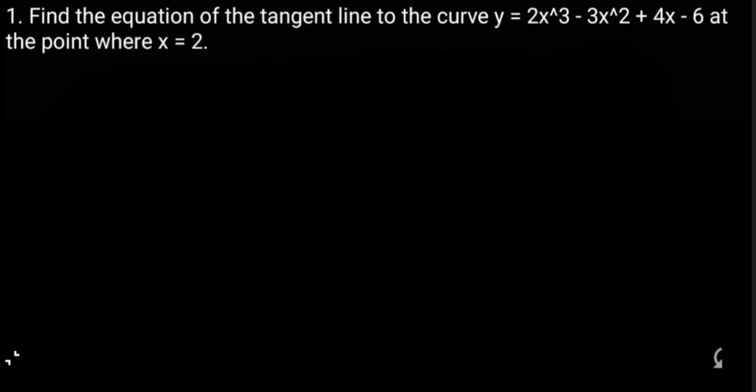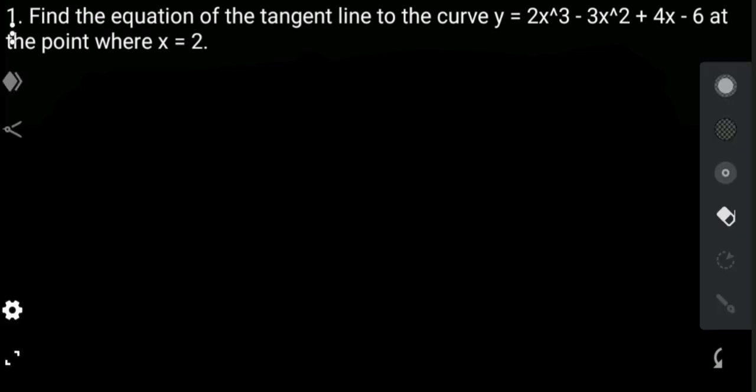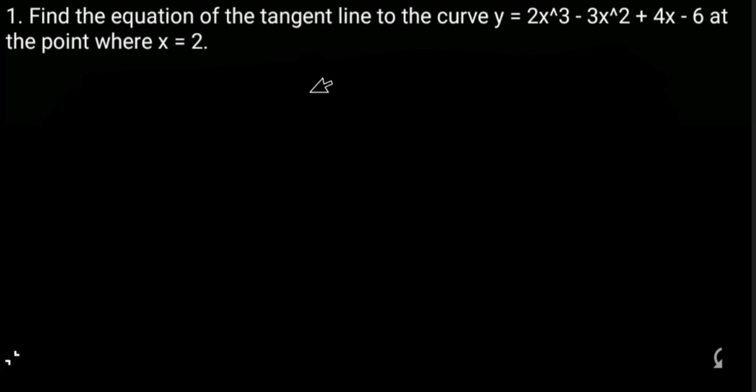So on number 1, find the equation of the tangent line to the curve y is equal to 2x cubed minus 3x squared plus 4x minus 6 at the point where x is equal to 2. So we need to find the point. When we are talking about the point, we are talking about the paired coordinates, x paired with y. Right now, we do not have that, but we do have the x coordinate. So for the corresponding y coordinate,